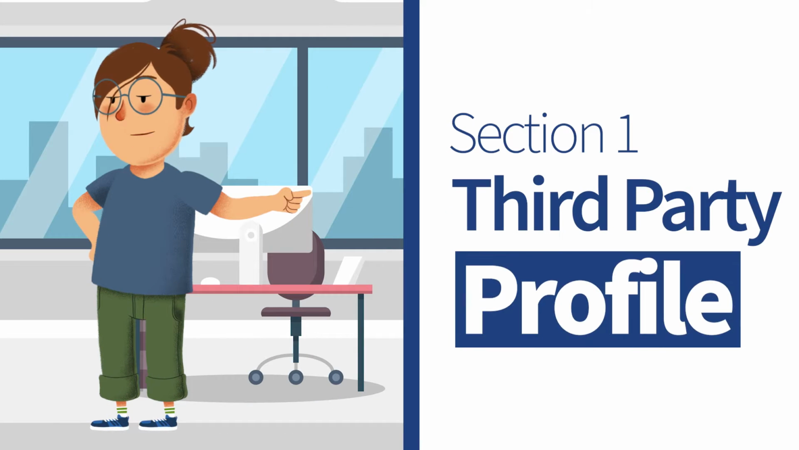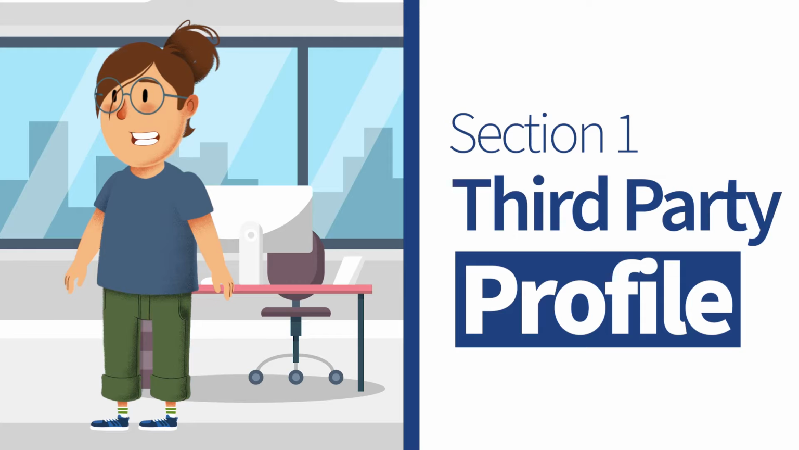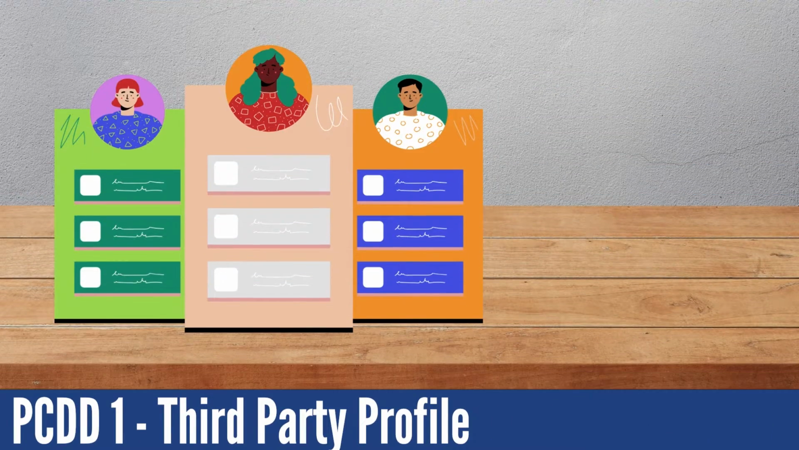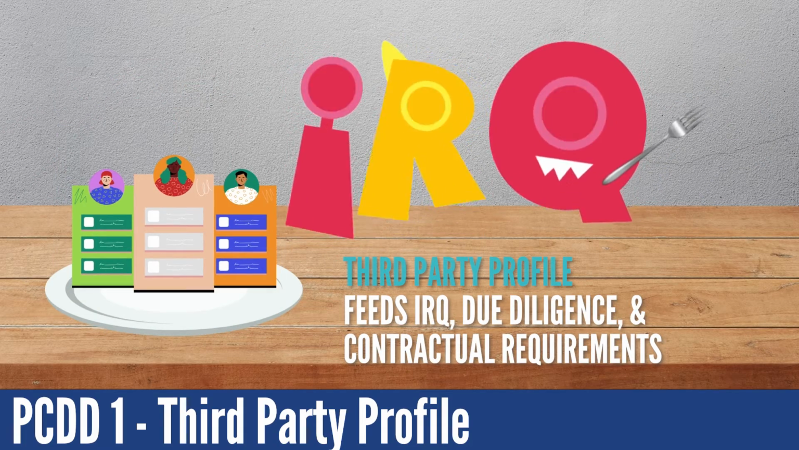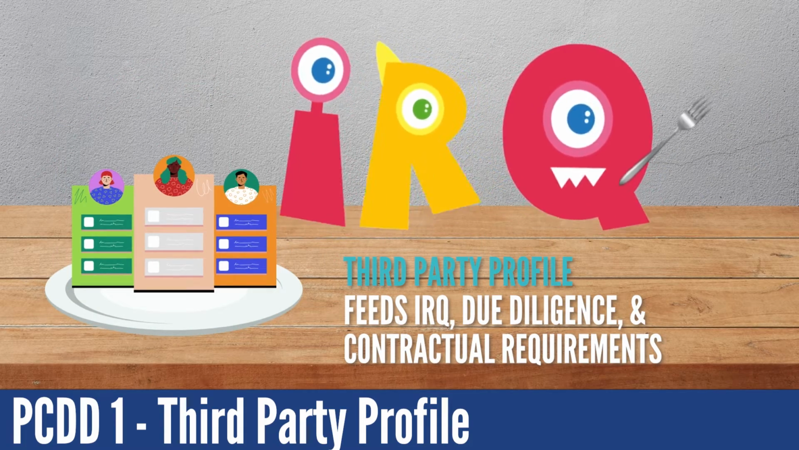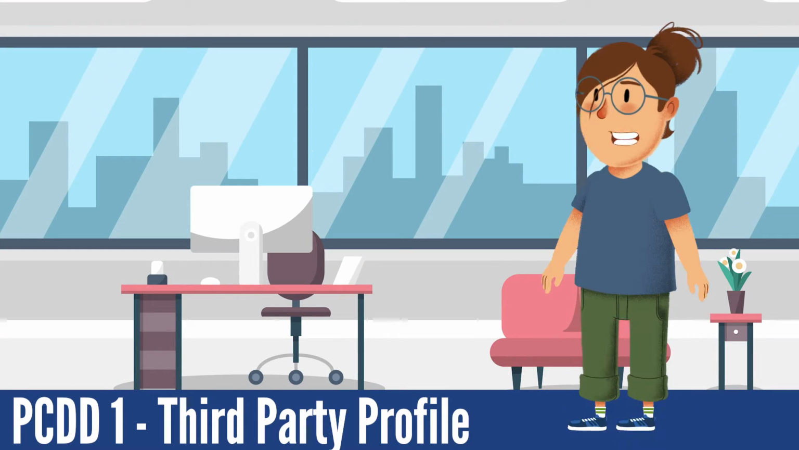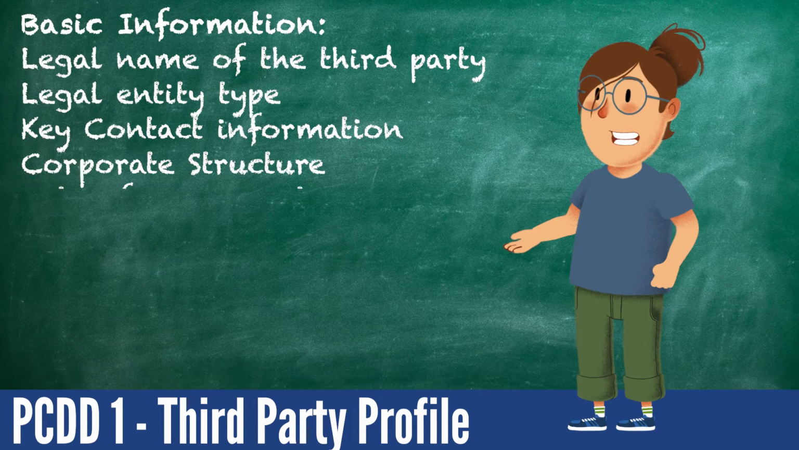Section 1, Third-Party Profile. To assist with the management of business relationships, it is best practice to create a comprehensive third-party profile. This then feeds your inherent risk questionnaire, due diligence efforts, and contractual requirements. The specific details included in the profile may vary depending on the organization's needs and the nature of the third-party relationship. However, a typical third-party profile may include, but not be limited to, basic information,